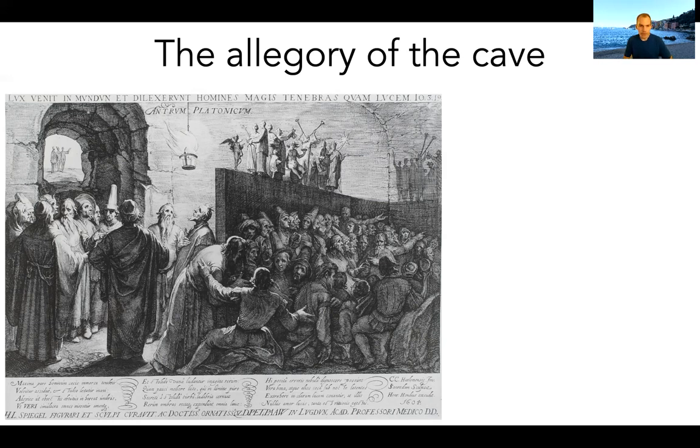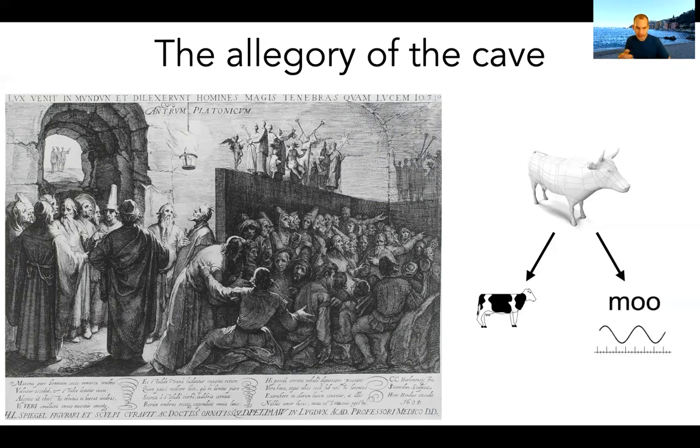And it's an allegory because Plato is saying that this is really how we experience the world. We see a cow, but we don't have access to the actual cow, right? We don't know the Platonic reality, the physical thing that generated the cow. We just have this superficial glimpse of the cow, the light that plays across its surface. The same, we might hear the sound of the cow, the moo. It's not the cow itself, it's just a sensory measurement of what is going on in the actual physical Platonic